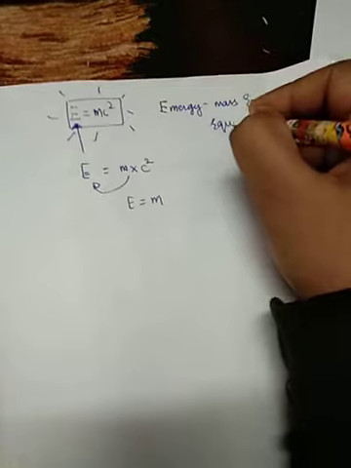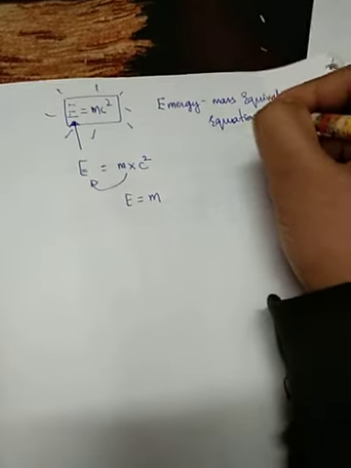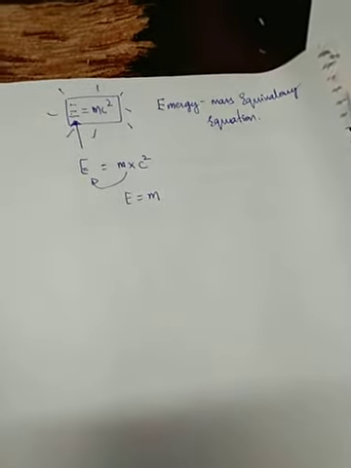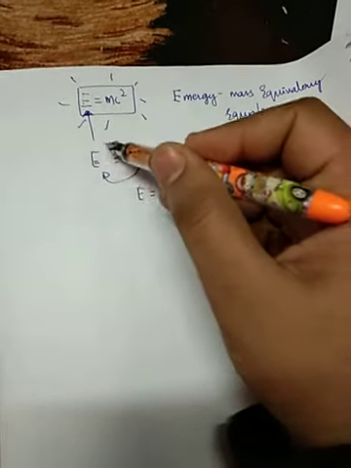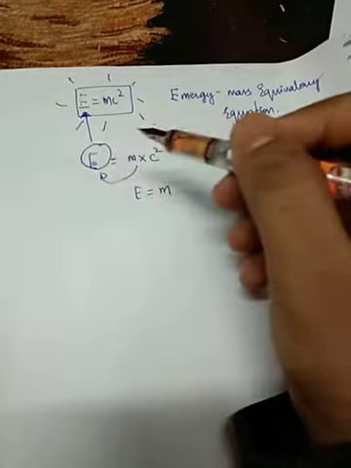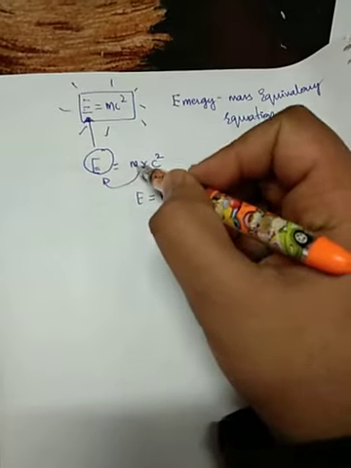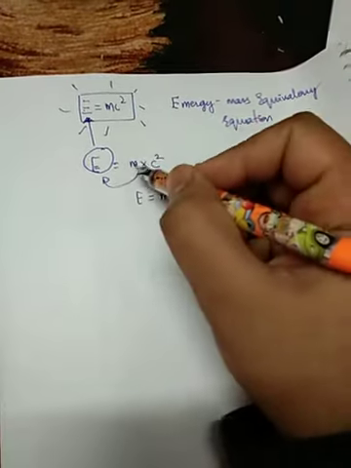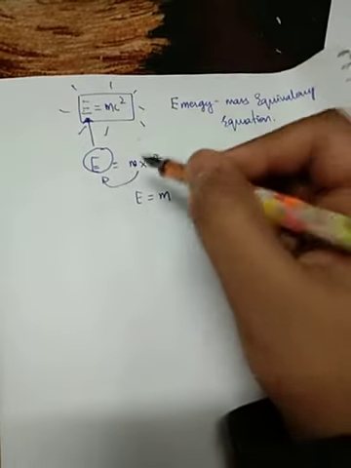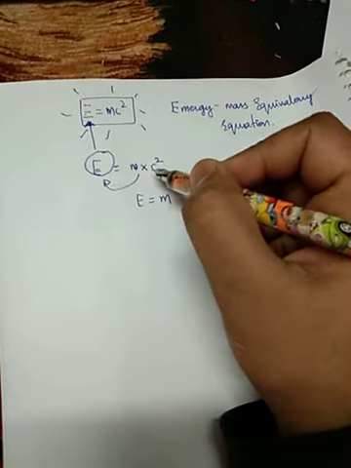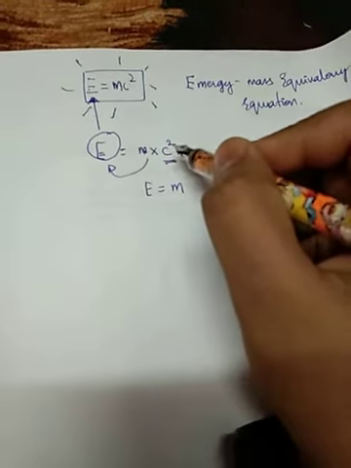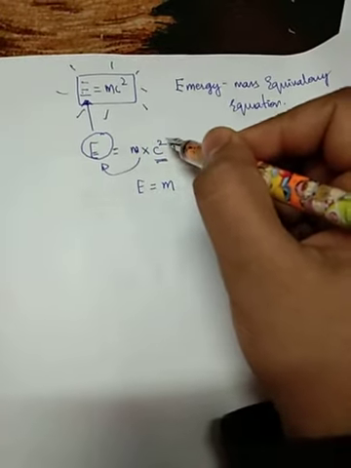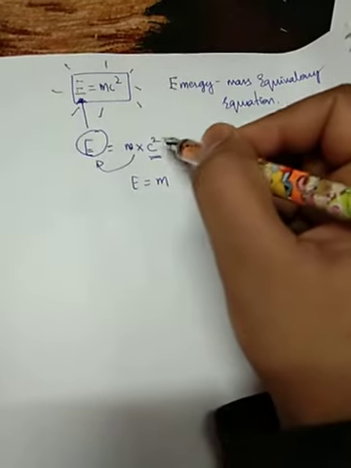Okay, this comes straight from relativity theory, E equals mc squared. This equation suggests that if you want to create some energy, if you want to generate some energy, then you need mass in some way. Mass consists of matter, and the matter is moving with the speed of light. Keep in mind that c, the speed of light, is squared. So it is doubled.